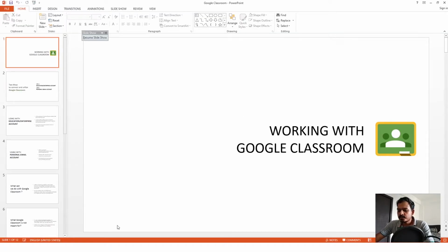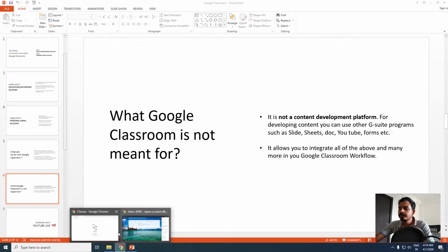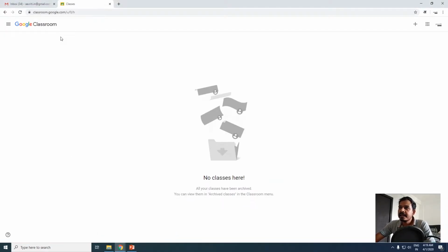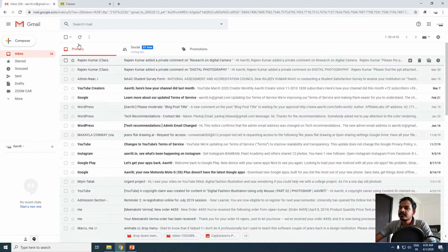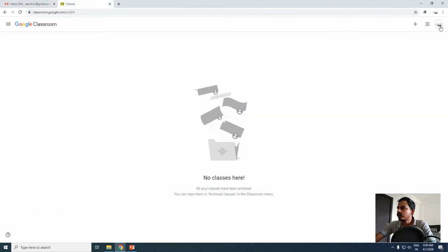So I'll switch to Chrome, and I have this page open. You can access the same by typing in classroom.google.com. This is the URL. When you open it, you need to sign in if you are not logged in with your Google account, or otherwise if you are already logged into the browser in your Gmail, it is going to take the same Gmail account. So in this case, I am already logged in to my personal Gmail account,